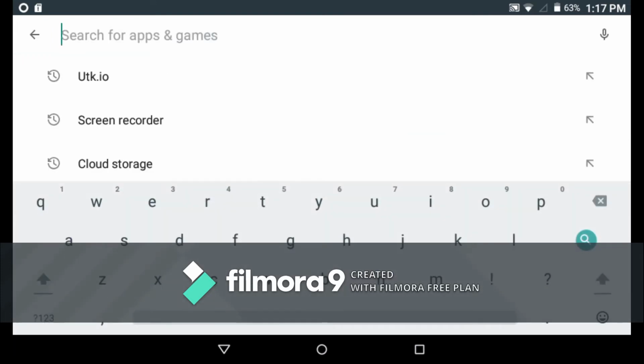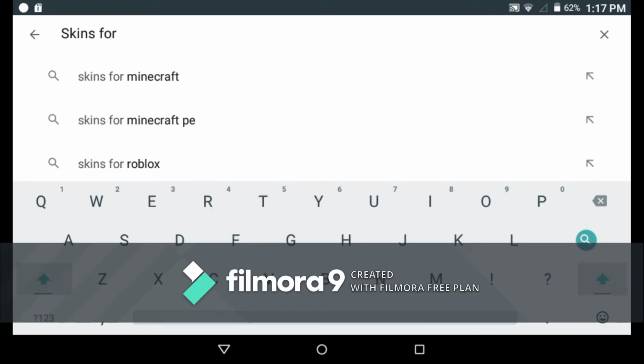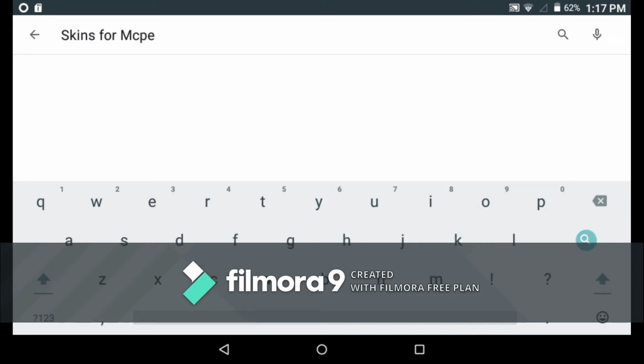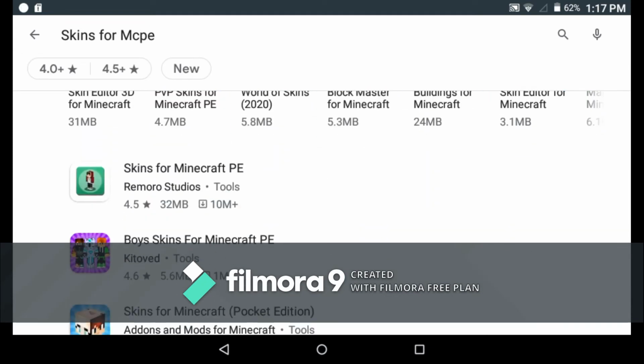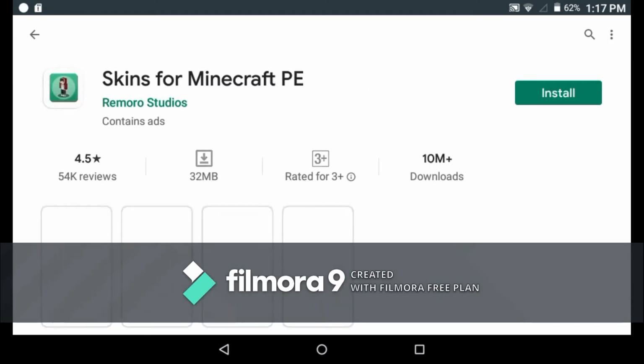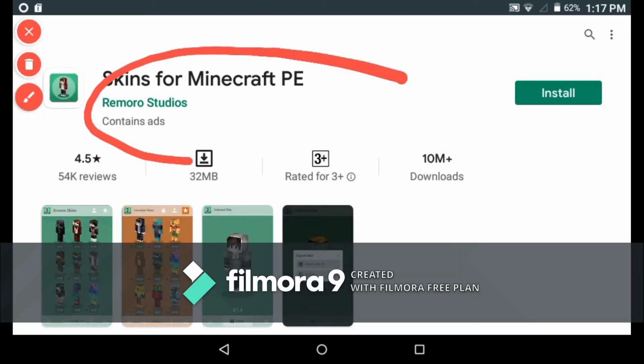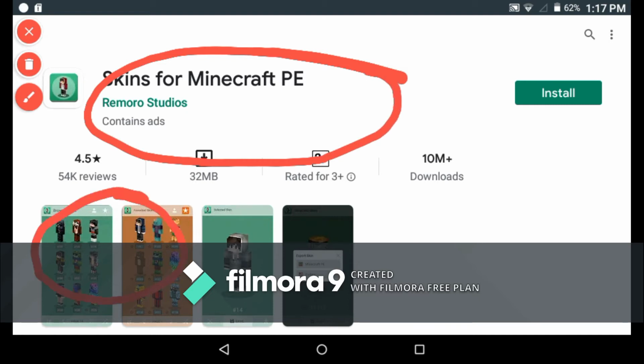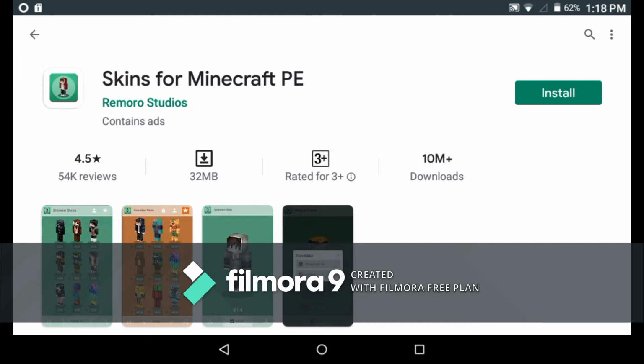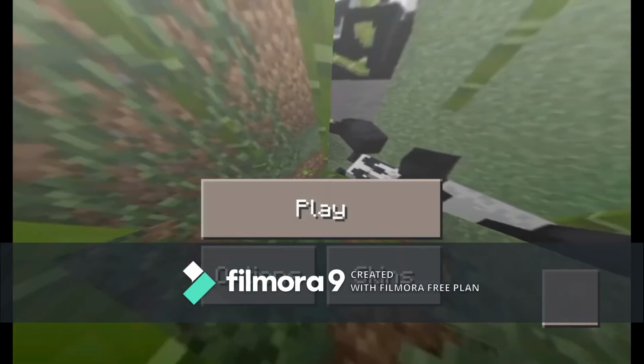Now I have another app for that, that is Skins for MCPE. So this is the app guys. I am not trying to promote this, but this app is really good for Craftsman. You can actually find a lot of skins in this catalog, as you can see on the screen, for your Craftsman skins. And there are really super skins guys. Just go try it out. And then we are gonna change our skins.